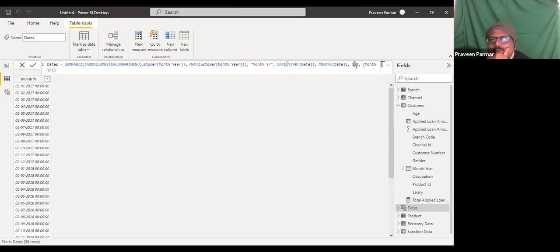And the day is 1. The syntax of date is year, month, and day. So year we are taking all years, month we are taking all months, but date we are taking only the first of every month.